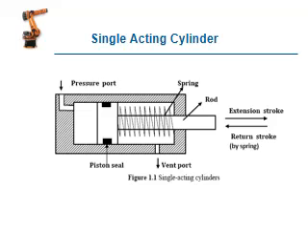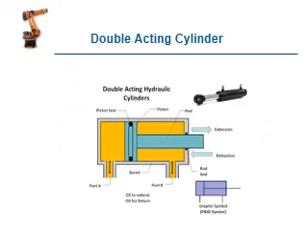Actually the spring is set for a certain pressure. For example, if you have a 10 bar pressure setting, at that time the spring holds the piston on the left side only. When pressurized oil at 12 bar enters the pressure port, the piston moves in the extension stroke. Then the oil entered through the pressure port goes out to the vent port. If the oil escapes to the vent port, the spring automatically pushes back, and the return stroke is actuated by the spring. This is a single acting cylinder.